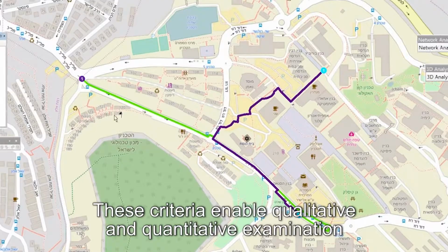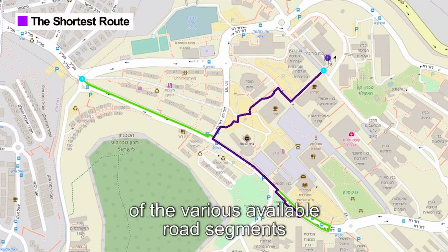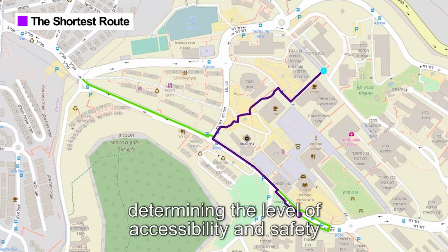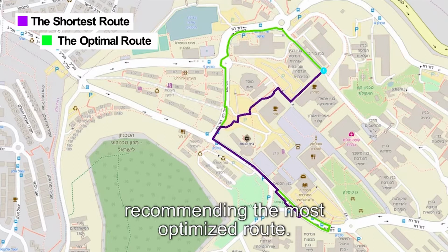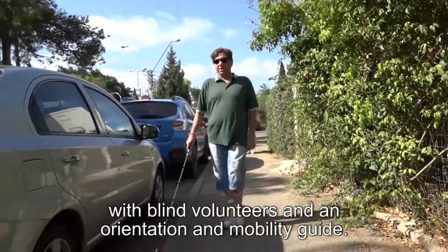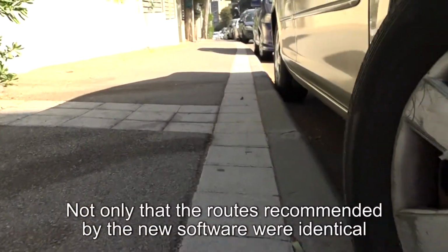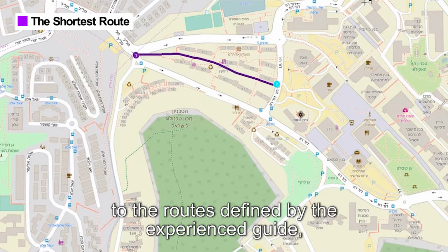These criteria enable qualitative and quantitative examination of the various available road segments between the starting and destination points, determining the level of accessibility and safety for the blind pedestrian, recommending the most optimized route. The developed software was tested in a number of places with blind volunteers and an orientation and mobility guide. Not only that the routes recommended by the new software were identical to the routes defined by the experienced guide,